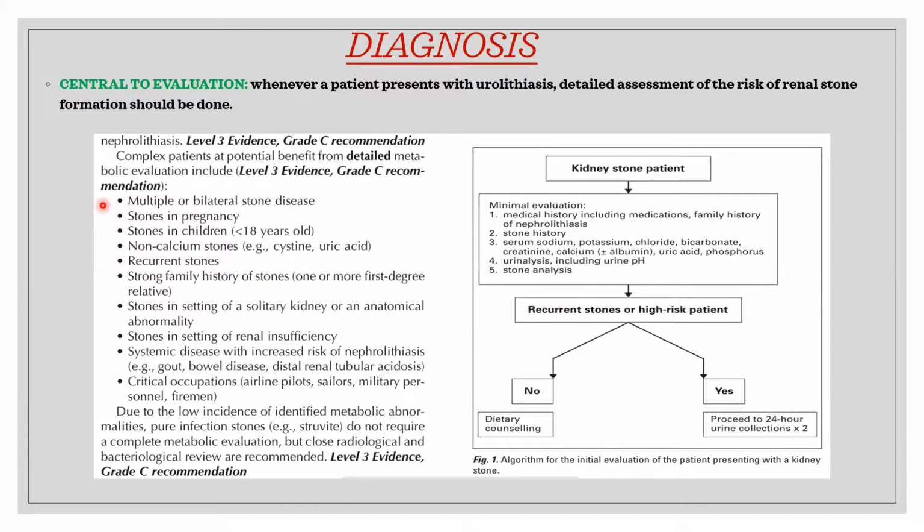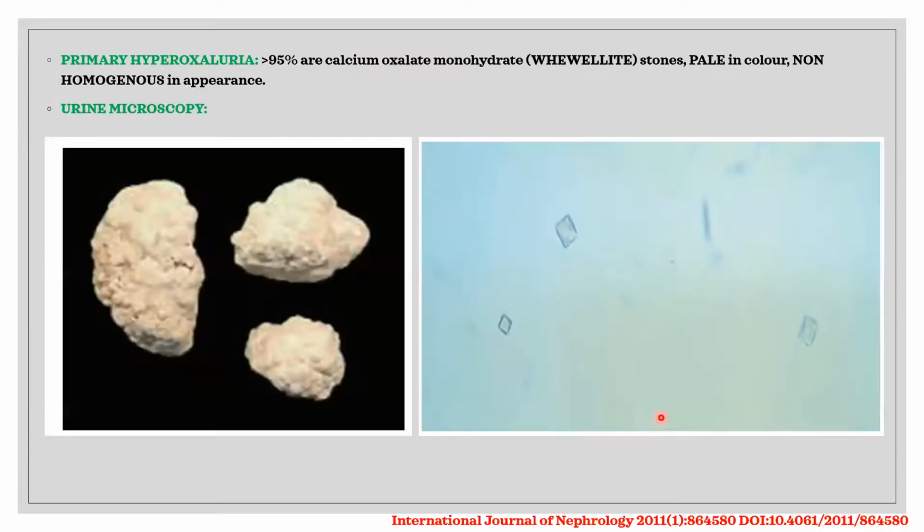stones in the setting of solitary kidney or an anatomical abnormality, stones in the setting of renal insufficiency, or systemic diseases with increased risk of nephrolithiasis like gout, bowel disease, distal renal tubular acidosis, or critical occupations like airline pilots, sailors, military personnel, firemen. In those patients, we should go for 24-hour urine collections twice, and we should go for an analysis. In primary hyperoxaluria, more than 95% of the stones are calcium oxalate monohydrate stones, which are